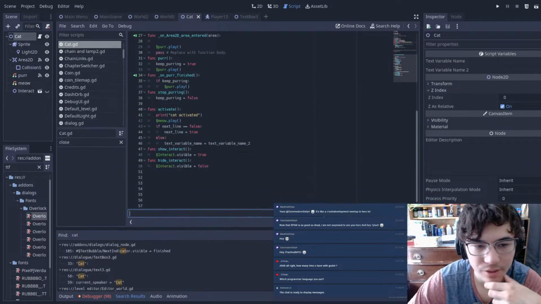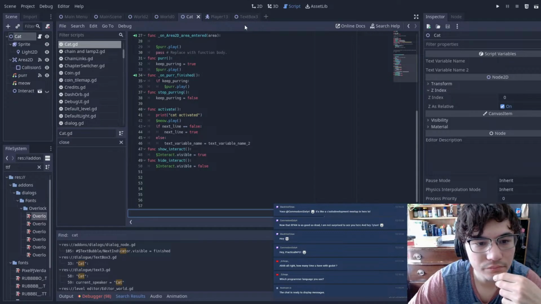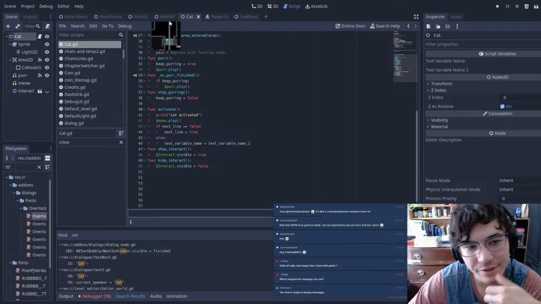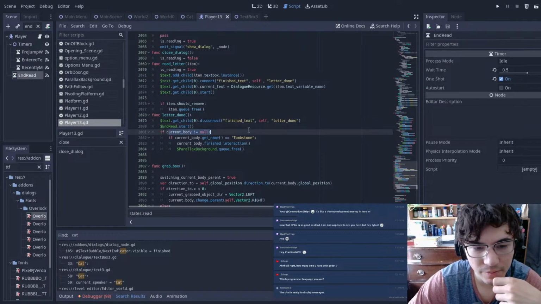So how would we want to delete this cat? You know, I think I had a function somewhere deleting this object. If object is not equal null,